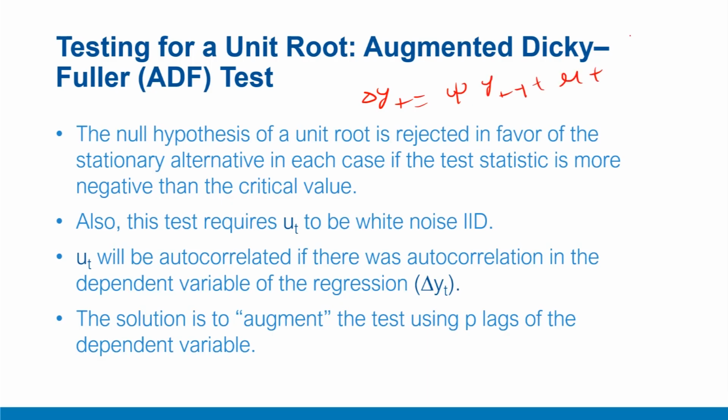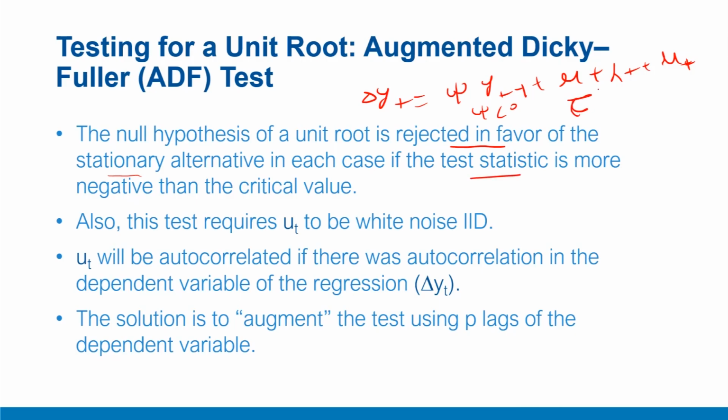Then you may have a drift and a trend plus an error term. In this model, the idea was that the null of unit root or non-stationarity will be rejected in favor of a stationary alternative, which means psi is less than 0 if this test statistic,